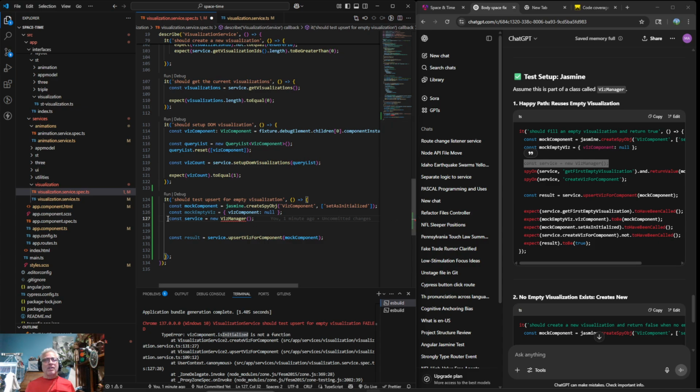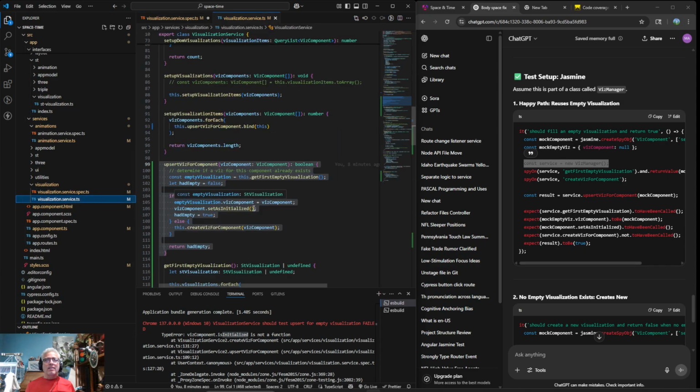I feel like I'm very close already with just this mock component. It is complaining that isInitialized is not a function. So let's come in here and see where it's getting isInitialized. It's weird, right?